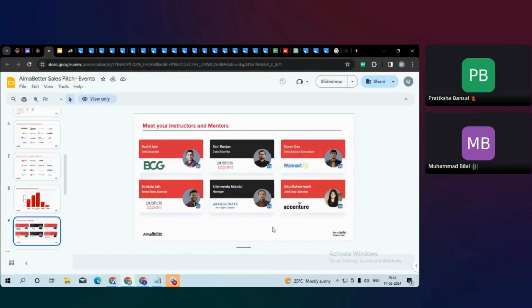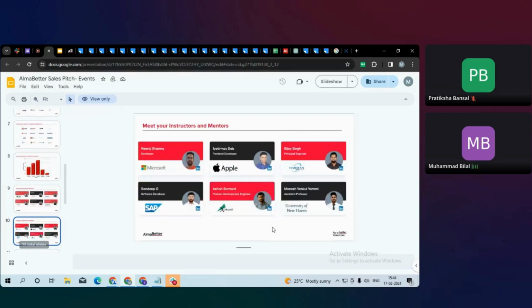As you see, these are some industry experts who will be educating you. People from Walmart, Accenture and Microsoft will be educating you. So you can understand, if a person from Microsoft is educating you, you are getting a roadmap of how to enter a product-based company. People coming from BTech and other backgrounds study in their colleges and campuses, where the teachers are good, but they're not working professionals. Teachers can help you with knowledge, but they are not able to share personal experience or a working professional journey. That's the reason we have industry experts, who help you with exactly how they got into that company.